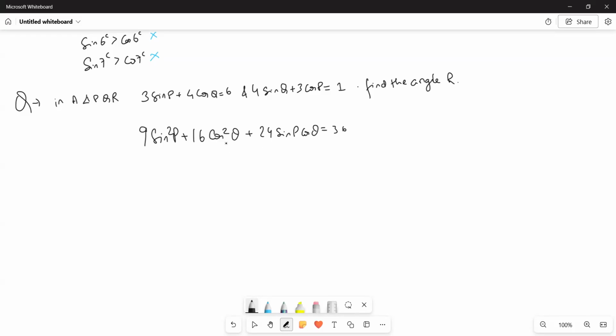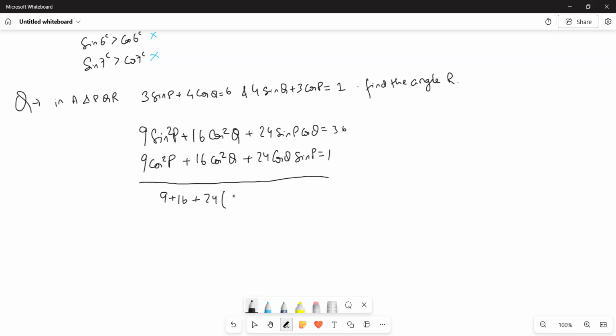And similarly, we'll have 9 cos square P plus 16 sin square Q plus 24 cos P sin Q is equal to 1. सर नीचे वाले में 16 sin square Q क्यों होना चाहिए था? So we add them up together: 9 plus 16 plus 24 times sin P cos Q plus cos P sin Q. अच्छा cos P sin Q होगा।